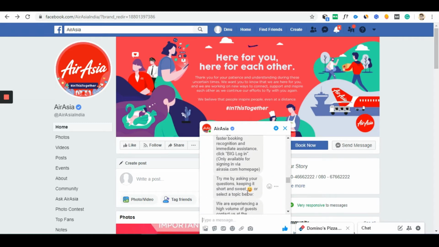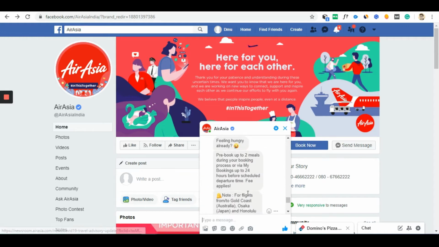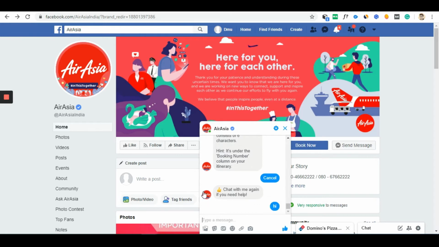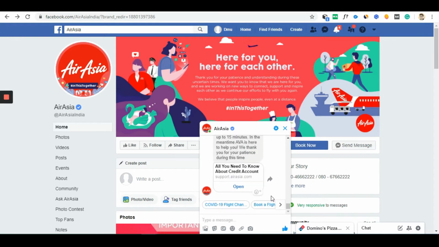The other option is in case you are having a lot of communication flows, a lot of products and services, a lot of possible communication starters or communication topics. In that case you can use a menu button that would scroll somewhere over here in your page, and that menu button would help your users to navigate to the right communication path or to the right content that they are looking for. So for example, here is a quick menu button that came over here. It's a menu button that is allowing the user to start the relevant communication to get the answer to what they are looking for.